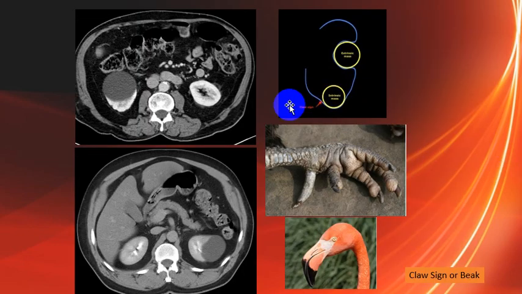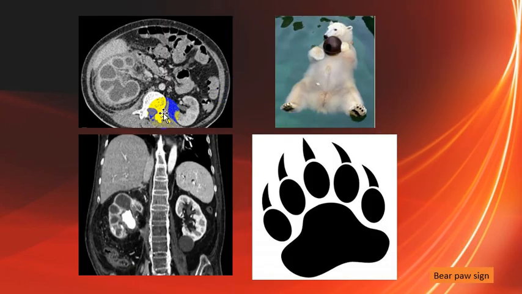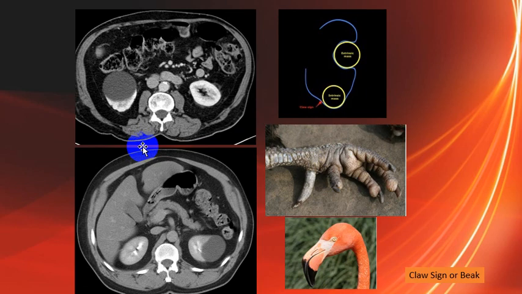Here we see a patient with xanthogranulomatous pyelonephritis, giving the appearance of the bear paw sign with staghorn calculi. The foot of the bear paw looks like this sign. And here a patient with